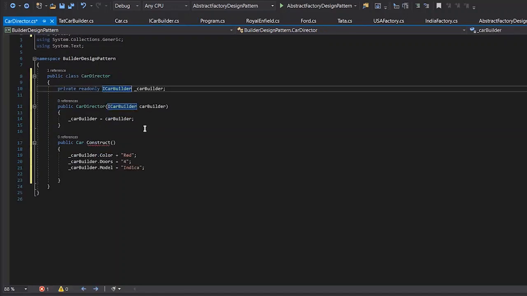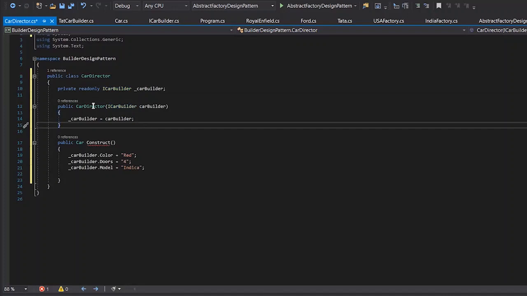So to access the get car builder, we need to make it public. Yeah, correct. So that car builder should be accessible.